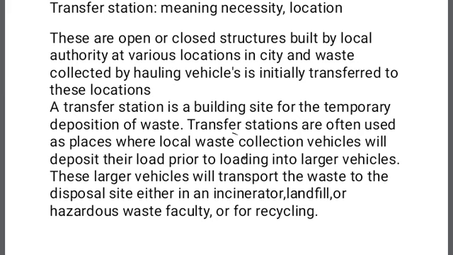Transfer stations are open or closed structures built by the competent authority at various locations in the city, and waste collected by hauling vehicles is initially transferred to these stations, and from there it is transported to a disposal site like a compost plant, such as indoor composting, Bangalore composting, mechanical composting, or vermicomposting.